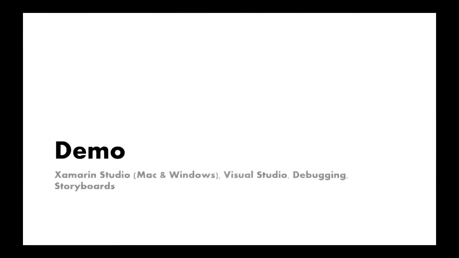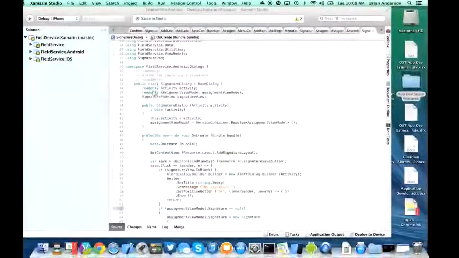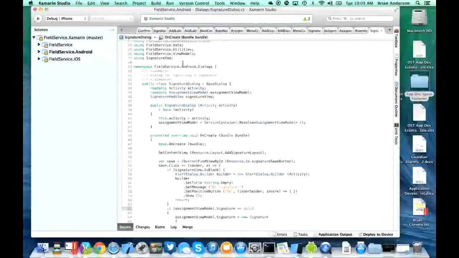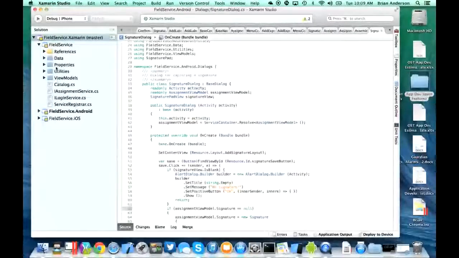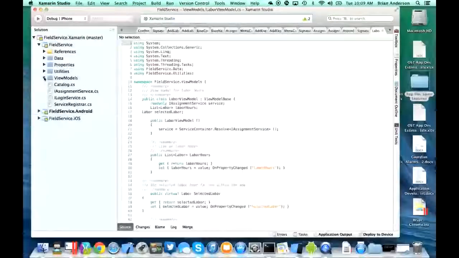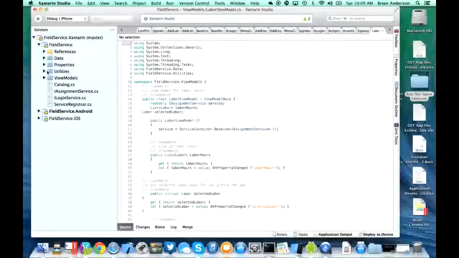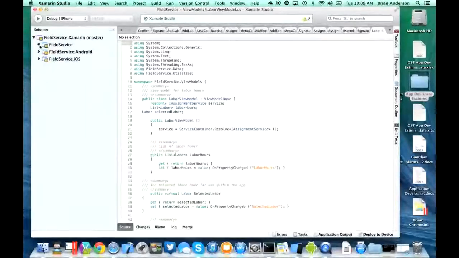So I'm going to show you some examples of what I'm talking about here. So let's start with Xamarin Studio here, for example. This is Xamarin Studio, and you can see here that I've got a simple project. I've got one solution. Inside of this, I've got a core library, and the core library has the things that are completely reusable across both user interfaces, like data access and data models and view models and business logic and all these types of things. And I've got an Android project and an iOS project.